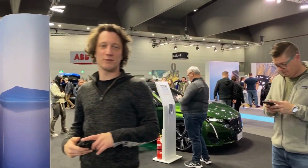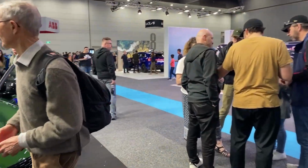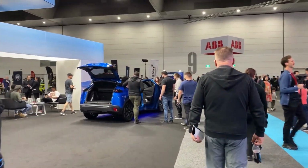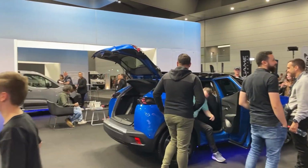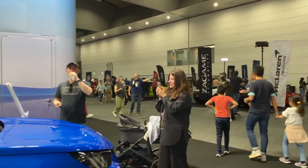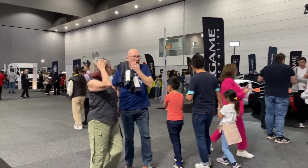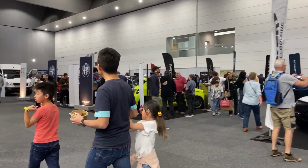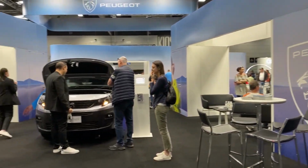Peugeot, and then we'll wander up here through Peugeot. So they've got a couple of hybrids. They've got their new E2008, and they've got their electric transit van in there as well, which we can just see through there with its cargo doors open. There are some McLaren hybrids here. We've got the Alfa Romeo stand with the Fiat 500 and the A-Bar, some separate videos on them. As we walk past the transit van,